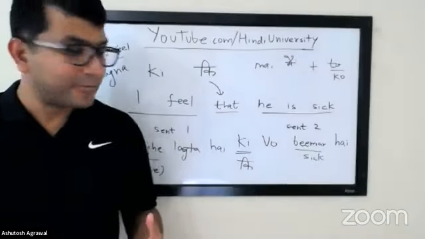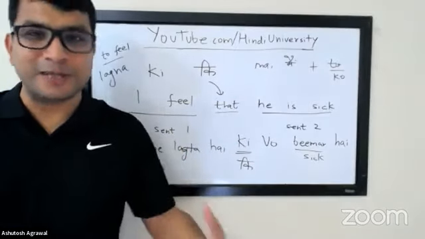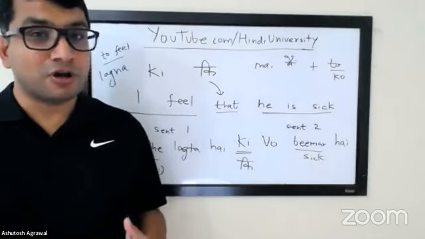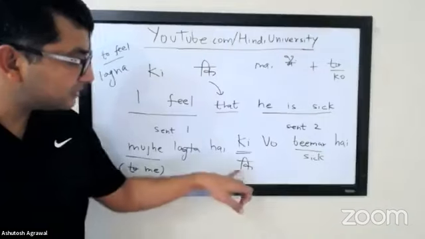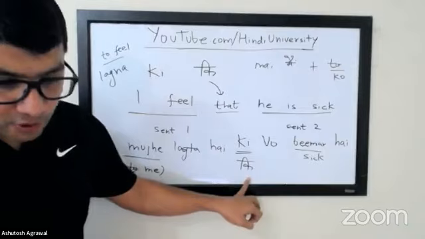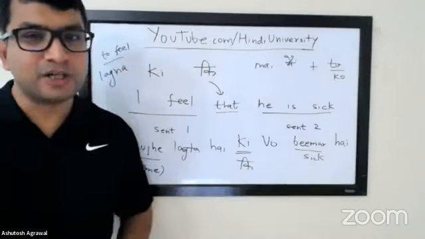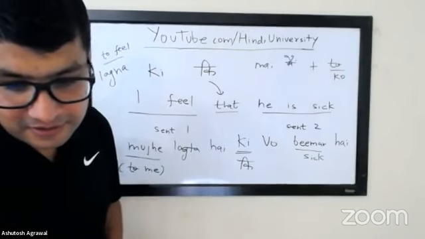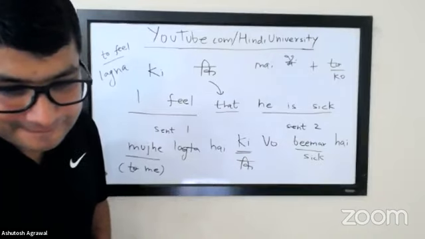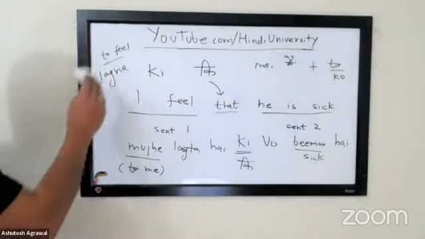So you see, just like in English, when you want to make longer sentences, you will keep on using that to show the dependence of the subordinate clause on the main clause. In Hindi also, that's how you will see the use of ki pretty frequently. Okay, let me take a quick pause. We will have a lot more examples, but let me pause to see if there are any questions so far. No questions? Maybe they will come. Okay, so far so good. I'm going to erase it.